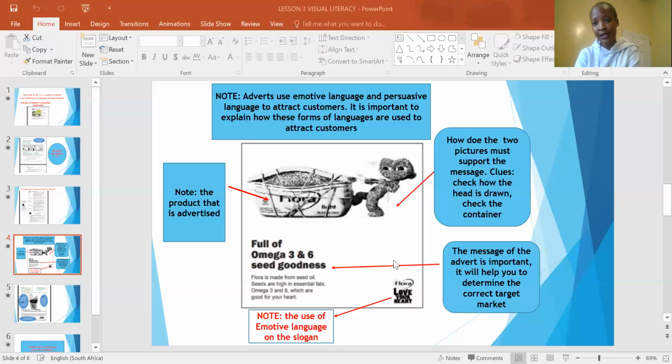Now, in the next segment, I'm going to take the previous question paper, and we are going to do a full analysis and answer questions based on an advert. I hope this was informative, and it will further help you to understand and